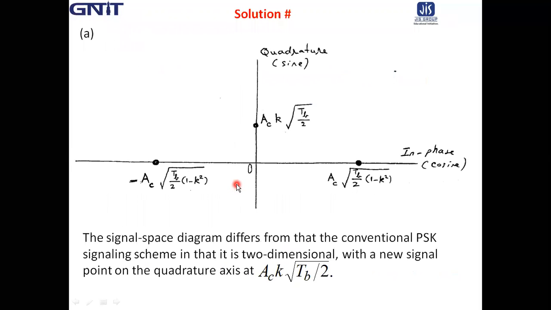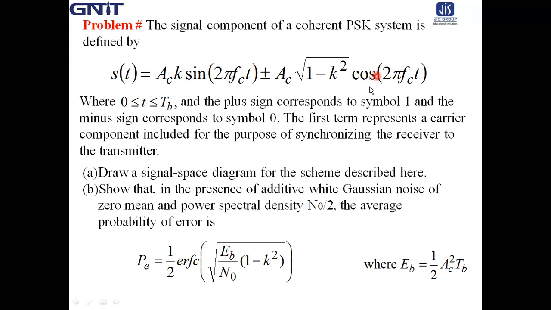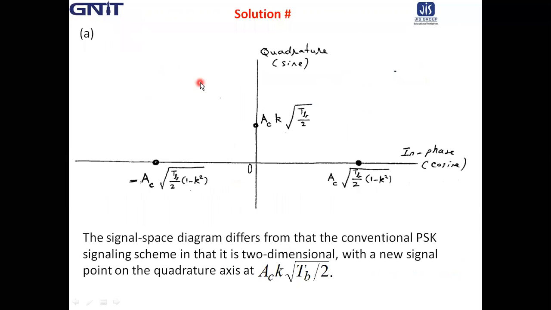See, there are two parts in phase, that is the cosine part and the sine part. One is the cos term, another is the sine term. So both in-phase and quadrature components are present. So this is the sine part, the quadrature component, for symbol 1 and symbol 0, that is plus